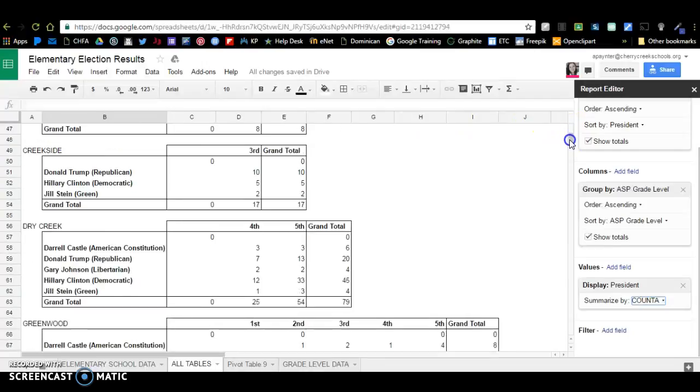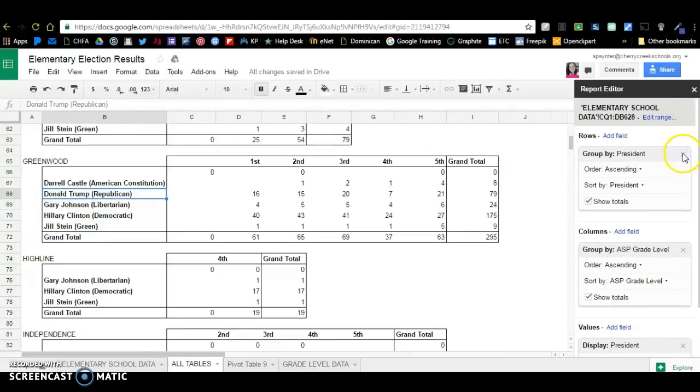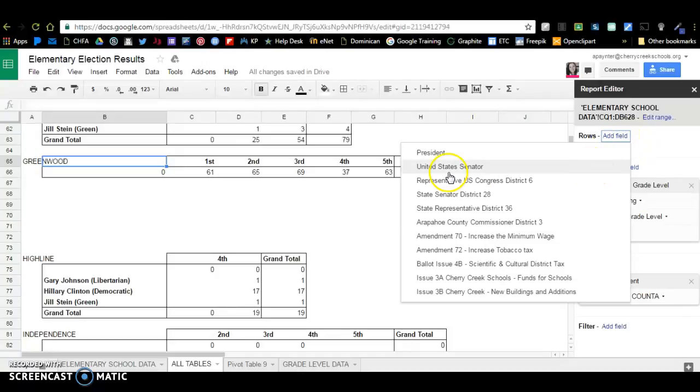So we're going to just practice this again. I'm going to go to a different school. I'm going to go to Greenwood over here, and I want to change the view, and instead of seeing the presidential candidates, this time I want to change that, so just X out. I'm going to add field. Let's say I want to go to U.S. Senator,